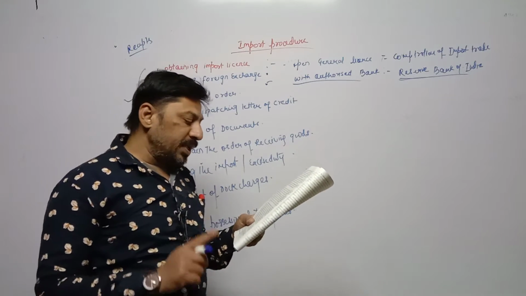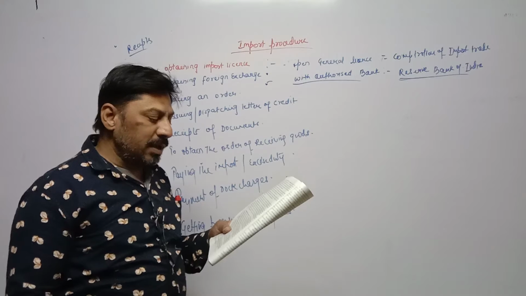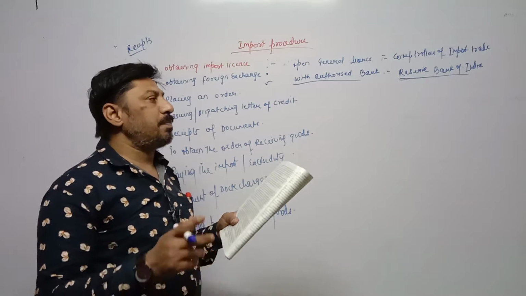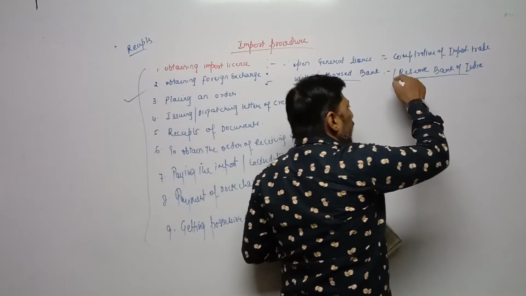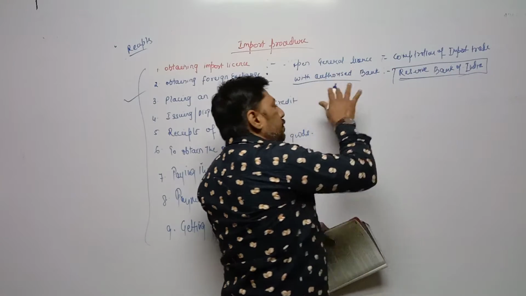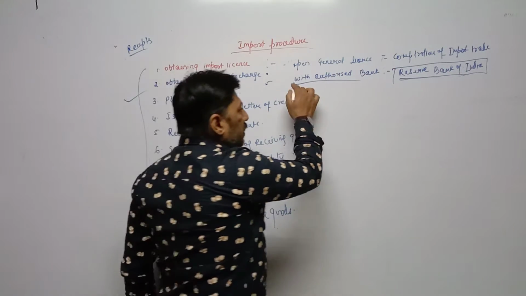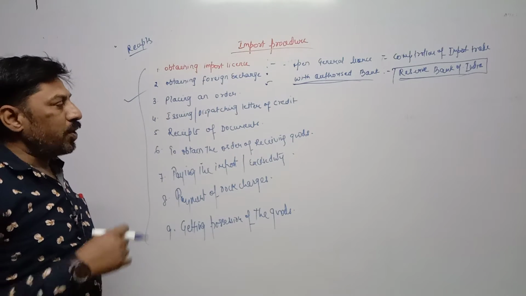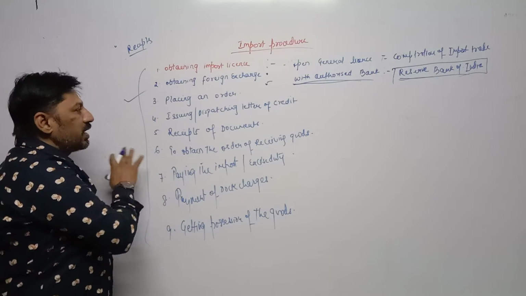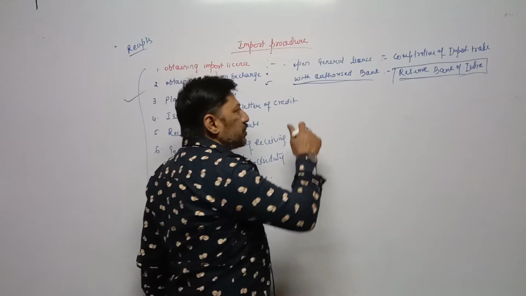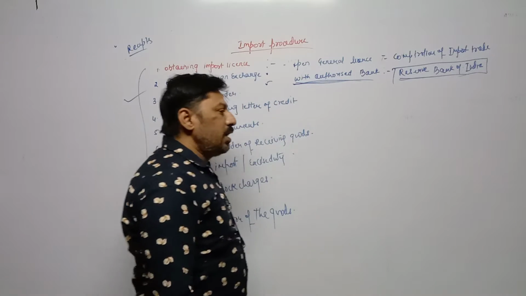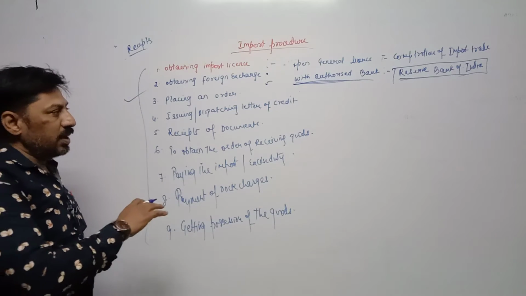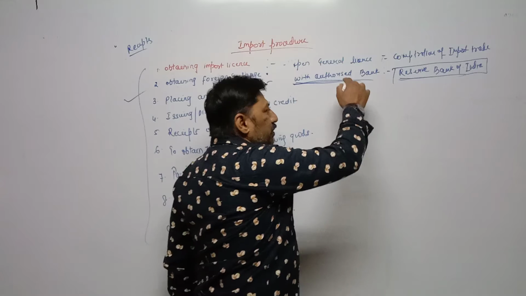So first, an application is to be sent to the bank. Which bank? The bank permitted by the government for foreign exchange trade, before applying to the Reserve Bank of India. So before applying to the Reserve Bank of India, we have to apply to an authorized bank. In short, what is an authorized bank? First of all, we have to submit our application for conversion of Indian currency into foreign currencies. We have to submit an application with an authorized bank. Once again, an authorized bank is a bank which has power from the government to convert Indian currency into foreign currencies. So we have to submit an application.